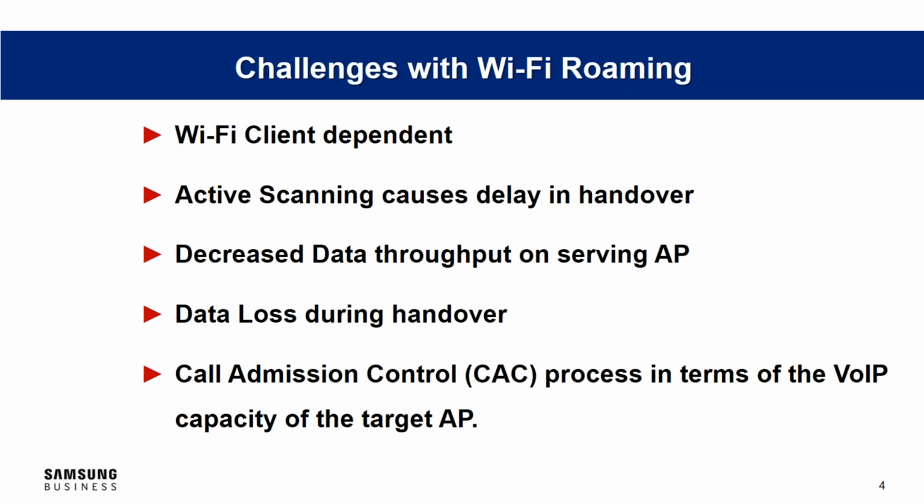Unlike cellular or macrocellular infrastructure, where the network makes a decision for you to roam from one base station to the other, so that you do a seamless handover. In case of Wi-Fi, you are pretty much dependent on the Wi-Fi device to make that decision for you, and the Wi-Fi device has certain thresholds that are preset,